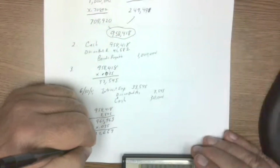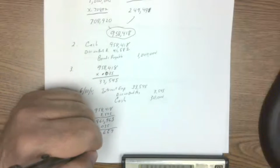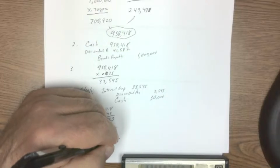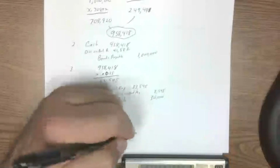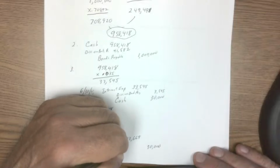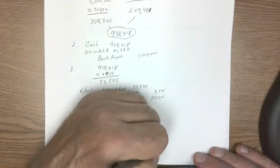Okay, so on 12/31, year 1, we would have interest expense of 33,669, and of course the cash will be the 30,000. So that means our discount on bonds payable is 3,669. All right, so then number 4,